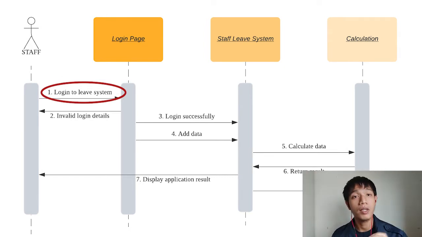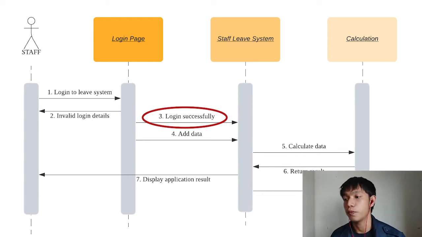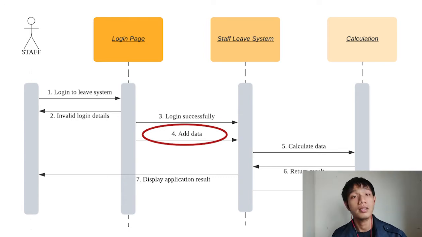If either one of the requirements is wrong, an invalid window will pop up and notify the user that the login was denied. If the login is successful, the user will be led to the staff list system interface. In this interface, the user can edit the details of staff, such as add new staff, update current staff details, and